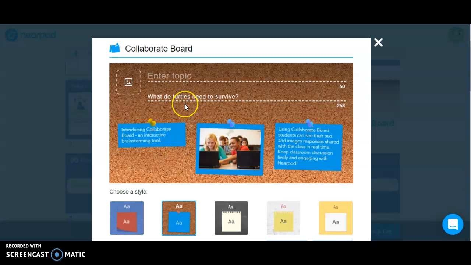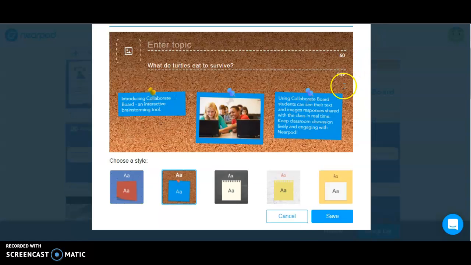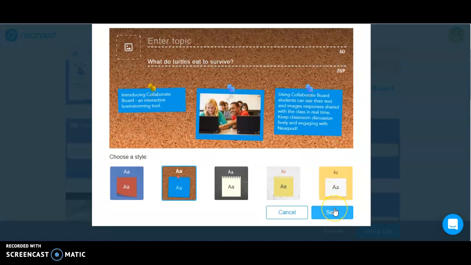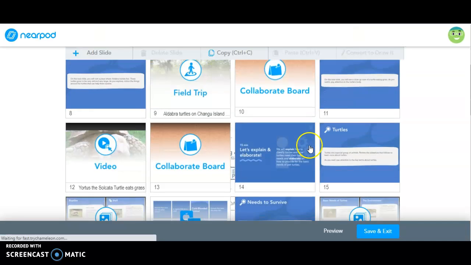So if we want to change what the dialogue is around this question, if we want to change the question, it says, what do turtles need to survive? If we change it to, what do turtles eat to survive? That changes what they would be talking about. So if a teacher wanted to alter things slightly or change that question altogether, we could do that. So I'm going to save it. And then we're going to move on to